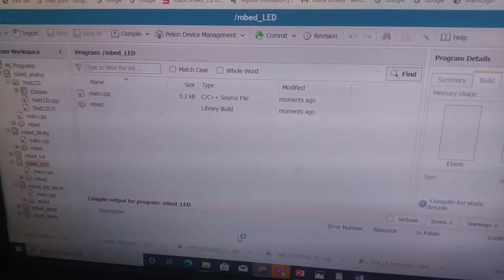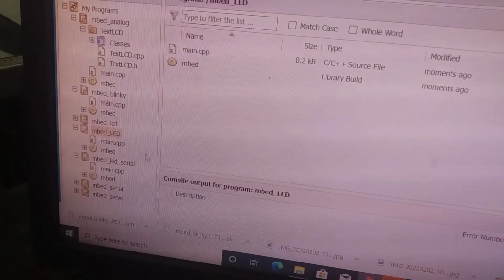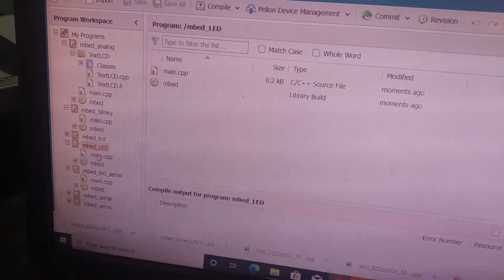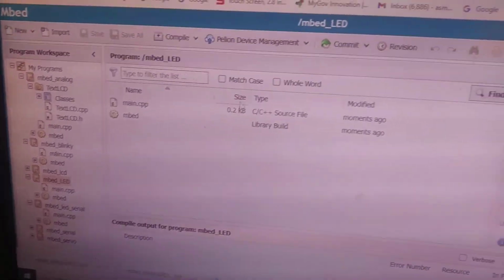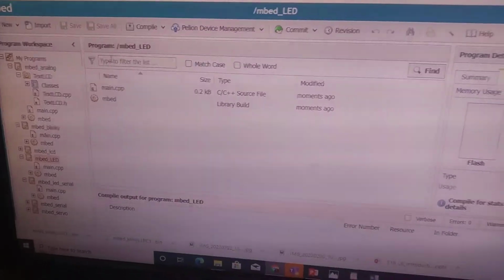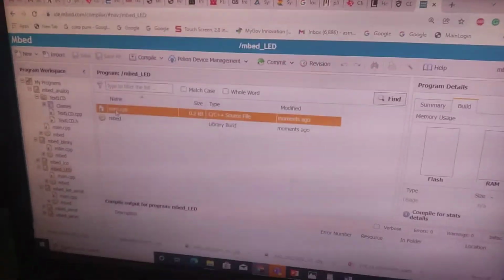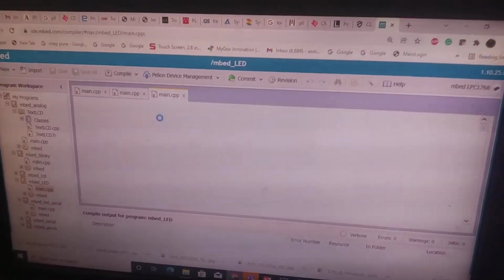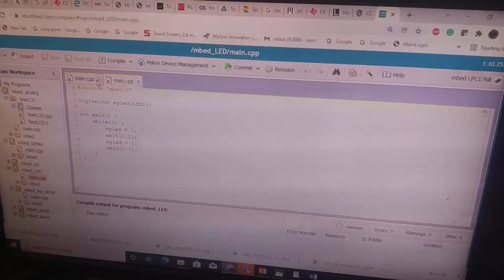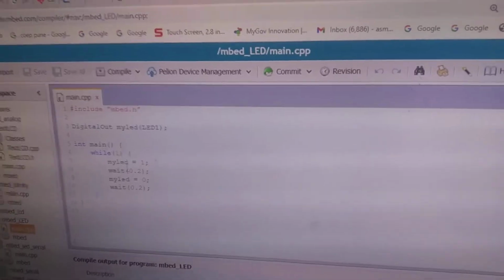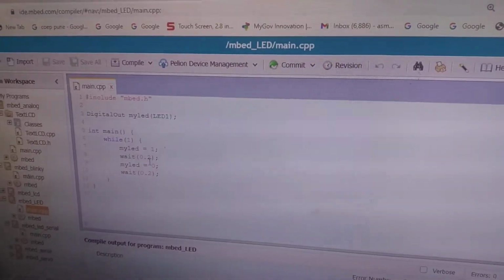When I create a new program, it will open a new folder here. You can see a new folder present there. So here I will open it. This is also shown in the center window, that the embed LED folder is opened there, and here I am having the main file. So all the programs have the main file. Here the embed LED consists of this program. So it has already given me one program.